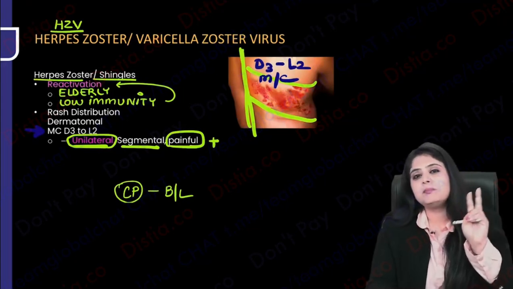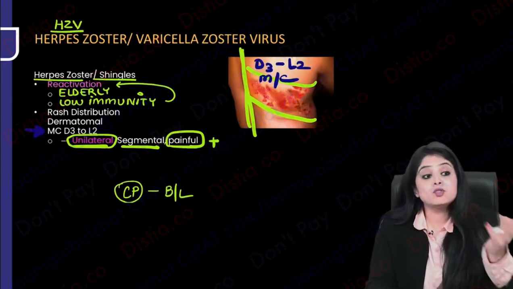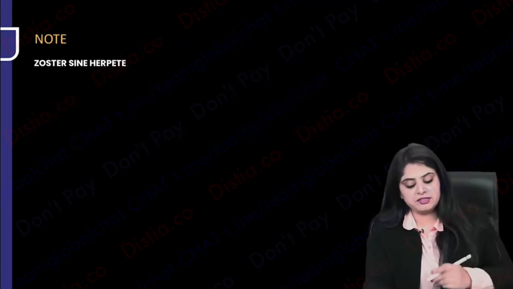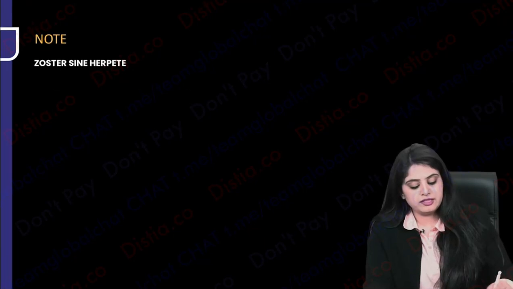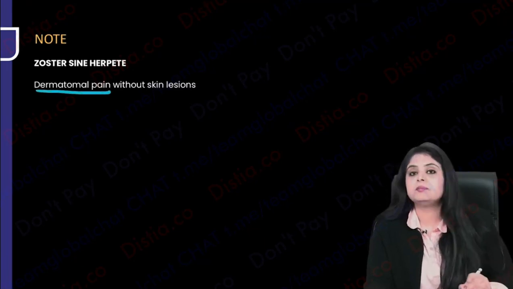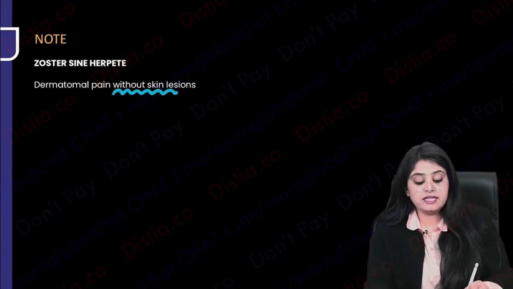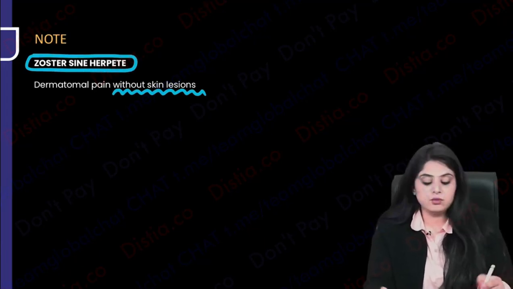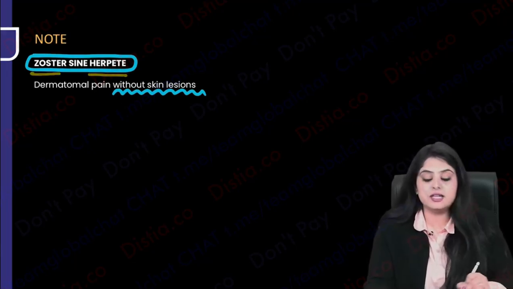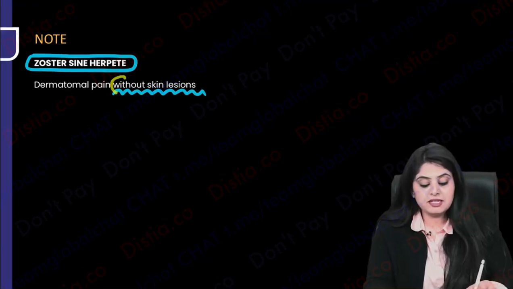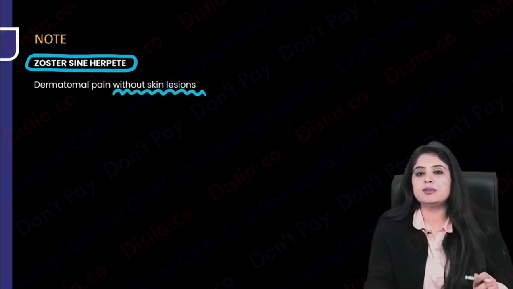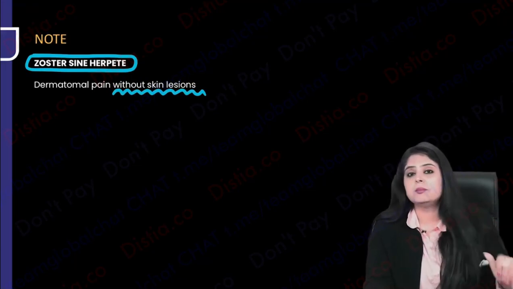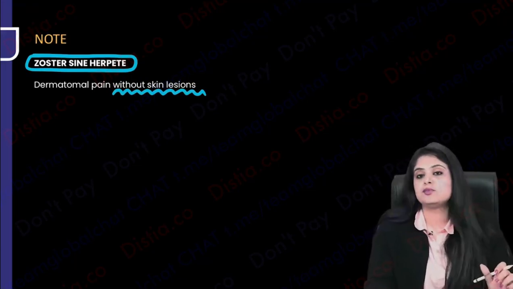If the patient just says, arey, pain hai, but you're like, okay, pain hai, show me that area, but you don't see any rash. What am I saying? If the patient comes to you and says that there is a pain in some dermatome, but there is no skin lesion, that is known as zoster sine herpeti. Zoster sine herpeti means, you will never get confused. You will get to know that haan, ye herpes zoster hi hai. But what is minus? So remember the skin. You will feel that the patient is lying. He will come to you and say there's a pain in a particular area, but there are no skin lesions over there. That is the situation known as zoster sine herpeti.